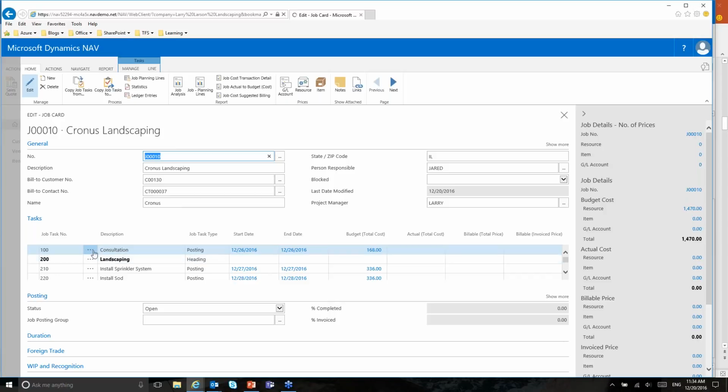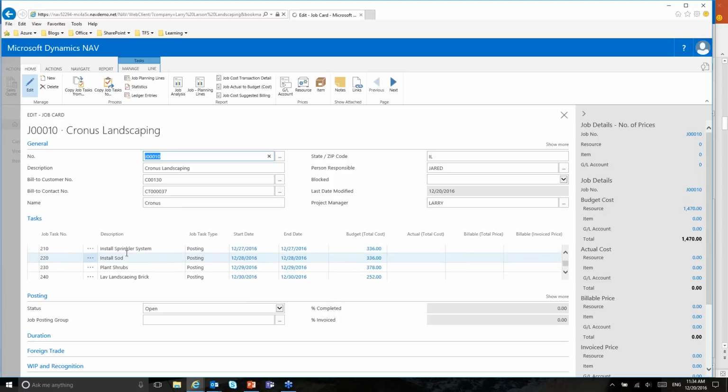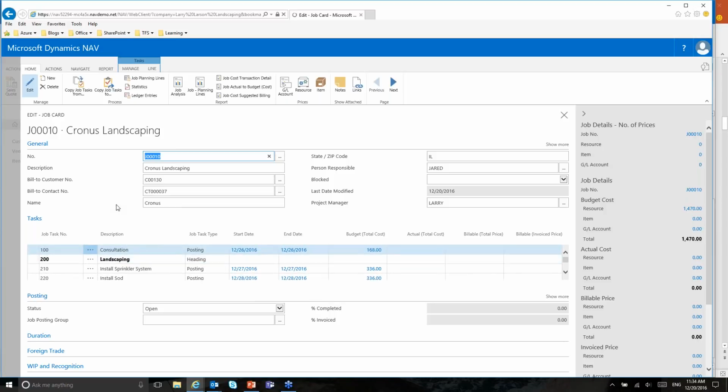So this is the job that we have. If you're not on NAV 2017 yet, you may notice this is a little bit of a simplified view from what you would have seen previously. That was one of our efforts. But in addition to this, we have all of these tasks on here. We have tasks associated with this job, and we have resources in our company that are going to be performing